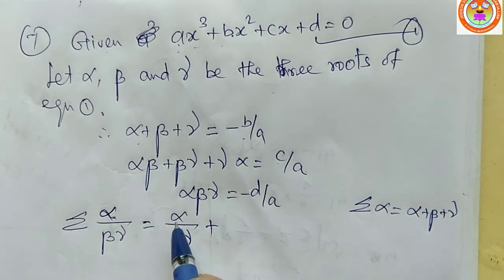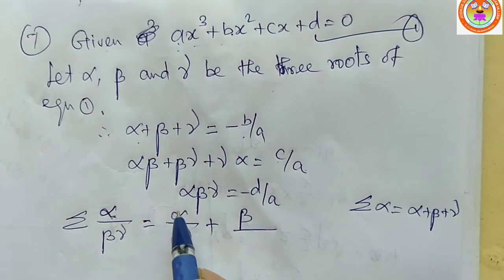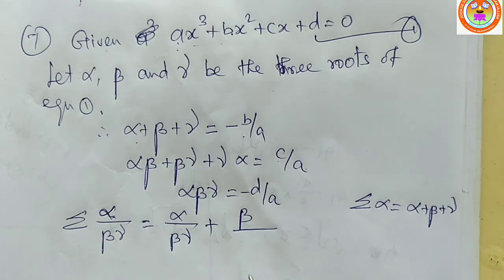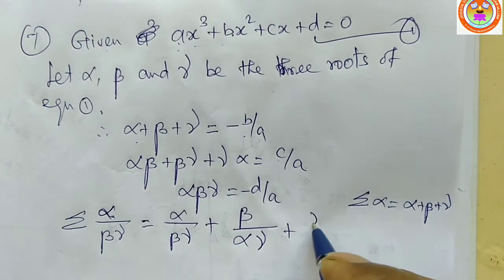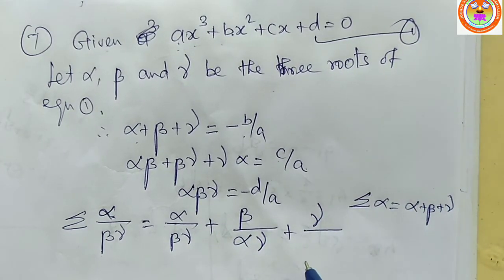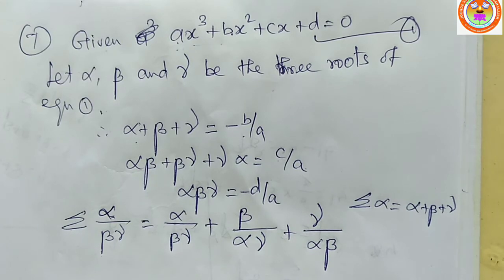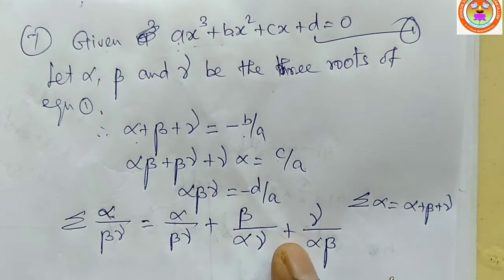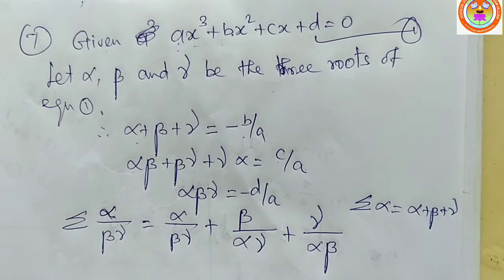Now we have to apply beta here. So beta by, see, alpha coming means beta and gamma are coming down. So beta coming in numerator means in the denominator we have alpha and gamma. Likewise, gamma is there in the numerator means what is remaining? Alpha and beta, right? So alpha and beta are coming in the denominator. So this is the expansion of sigma alpha by beta into gamma.